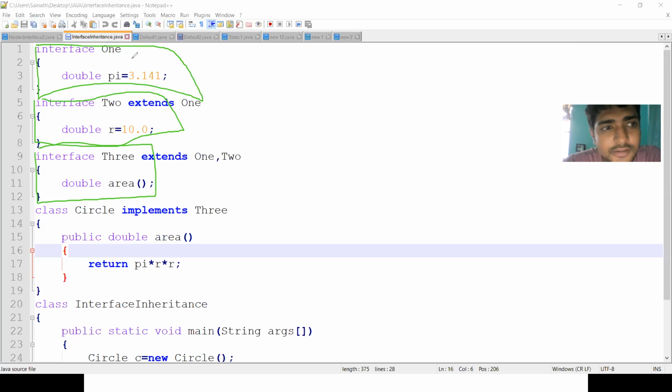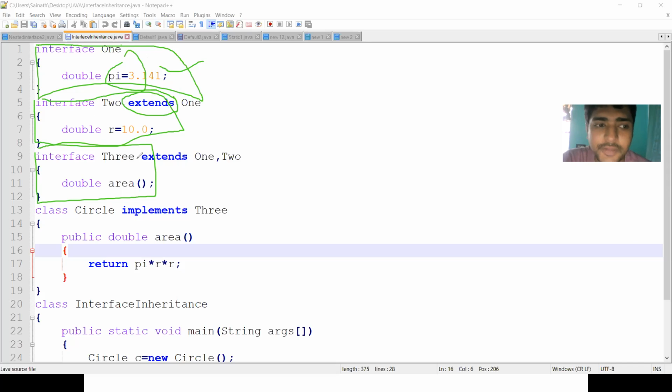Like in regular programs, we are writing interface 1. So the interface name is 1 here. I am defining the interface here, then I am defining the second interface here. The second interface extends the properties from the first interface, same as a class: 2 extends 1. So here we are using the inheritance concept. That means we can use the pi value in this interface also.